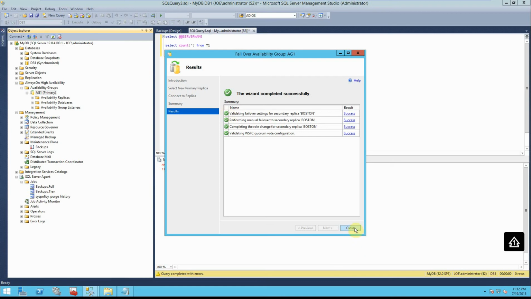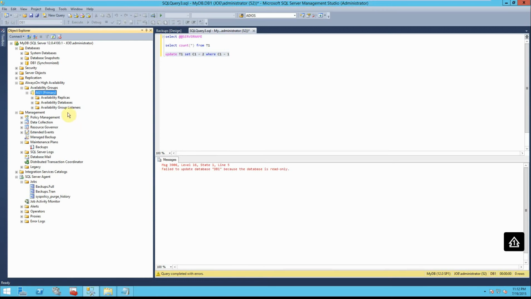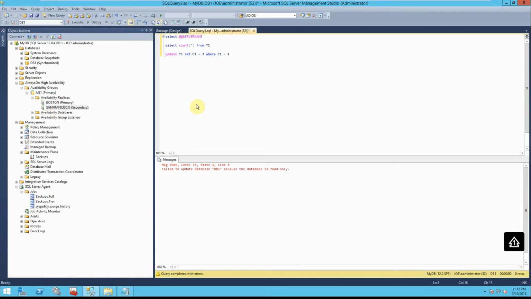And we will try to make the backup on both of these replicas and see where the backup is made. So now once we have done that, let's refresh my availability group and check out. Now Boston is my primary, San Francisco is my secondary, and if I go ahead and